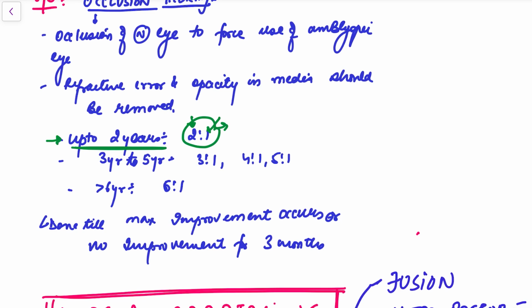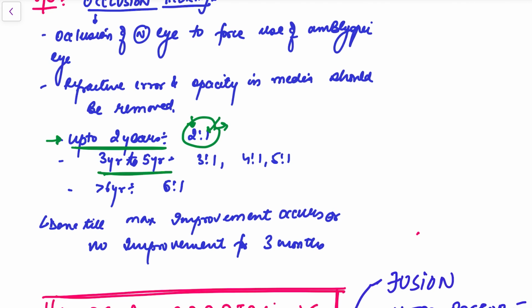In this, you have to remember that we will also occlude the amblyopic eye, because if we only occlude the normal eye, the normal eye may become amblyopic, because the brain is not receiving signal from the normal eye. So if we do not occlude the amblyopic eye, the normal eye can also become amblyopic. We don't want this, so we will occlude the normal eye and we will also occlude the amblyopic eye. But the difference between the two is the duration for which we are occluding the eyes.